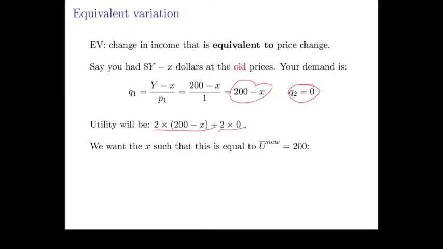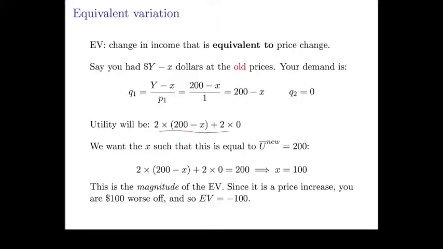Now what we want to do is find X such that you'd be indifferent between having X dollars taken out of your income at the old prices or having the new prices and not having any money taken out, which we figured out gives you utility of 200. So we're going to equate your utility when X dollars are taken away from you at the old prices and the utility you get from the new prices and no money taken out of your budget. So we equate this with this,